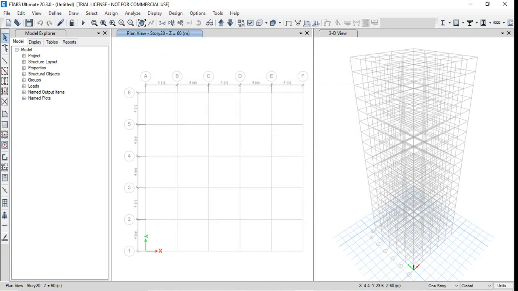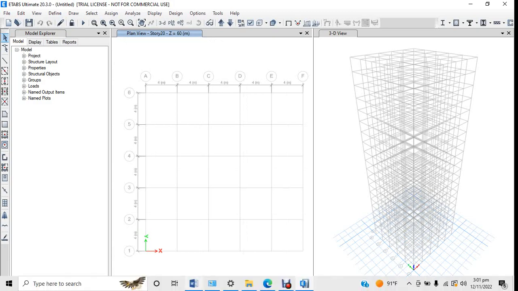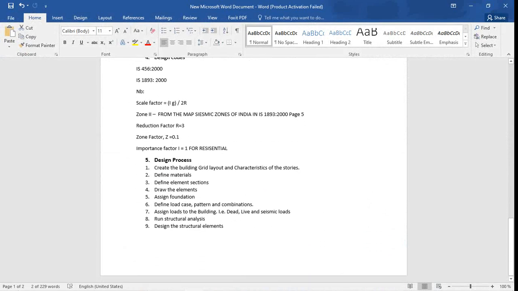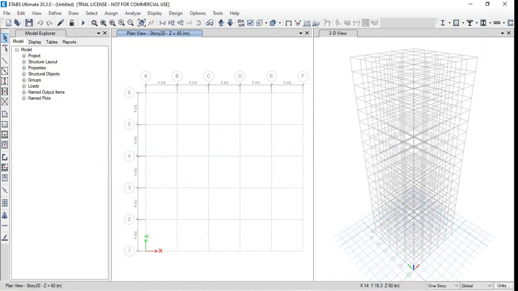From there, we need to go on to the next section, which is to draw the elements. Now we finished defining the elements. Now we need to draw the elements. So we go back to the top of the software. We click